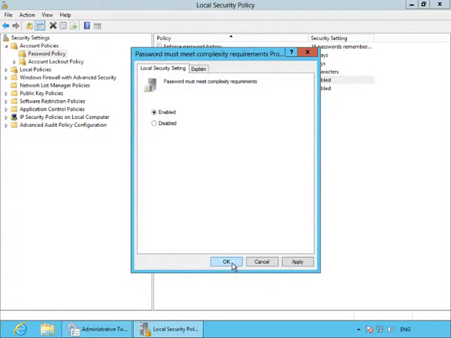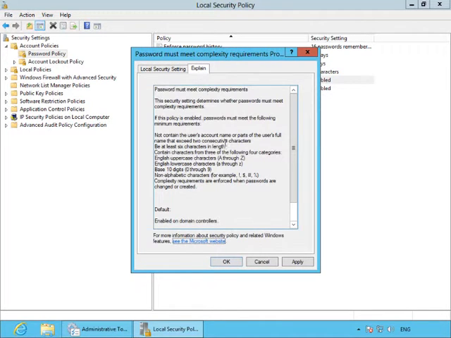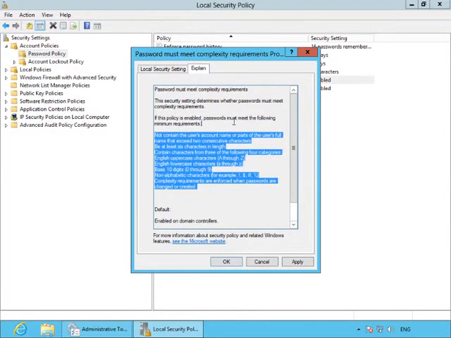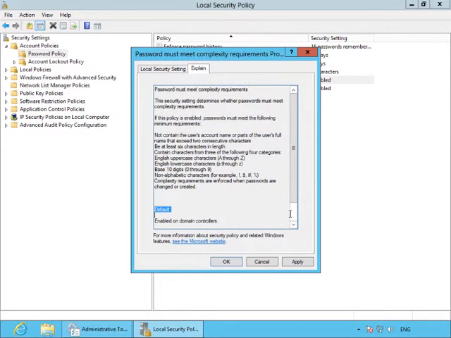It's going to be the name of their dog, or it's going to be their birthday, or maybe it's just going to be 1, 2, 3, 4, 5, 6, 7, 8, 9, 0. Whatever it is, it's not going to be good. So turn on complexity requirements, and as you can see from the explanation here, it requires some uppercase and some lowercase and some numbers and some special digits, and we all know it's a pain to remember that kind of password, but